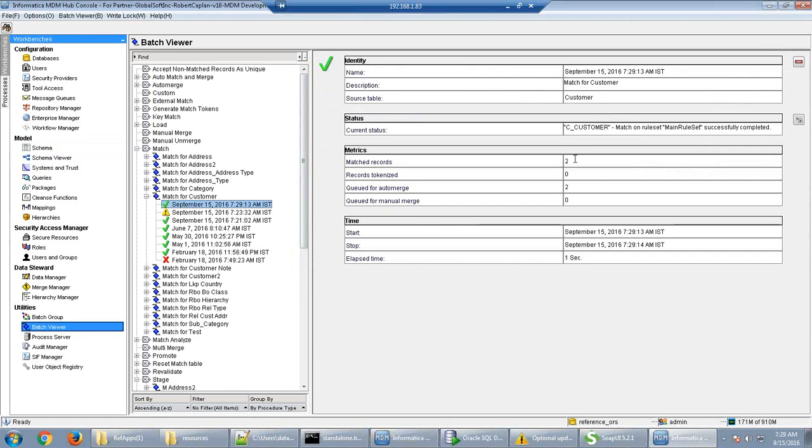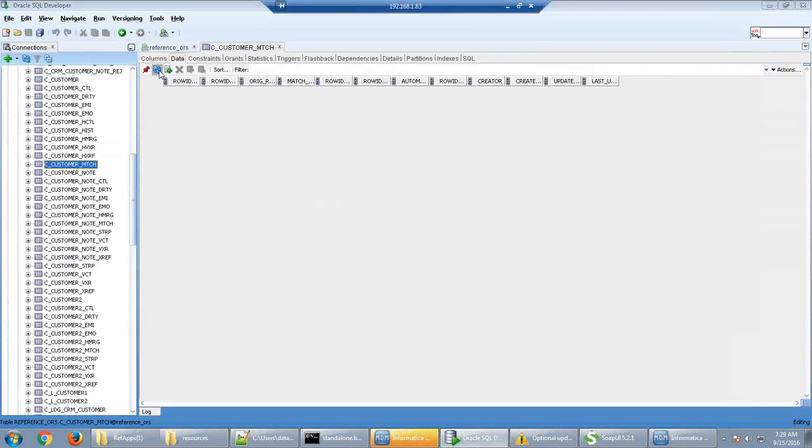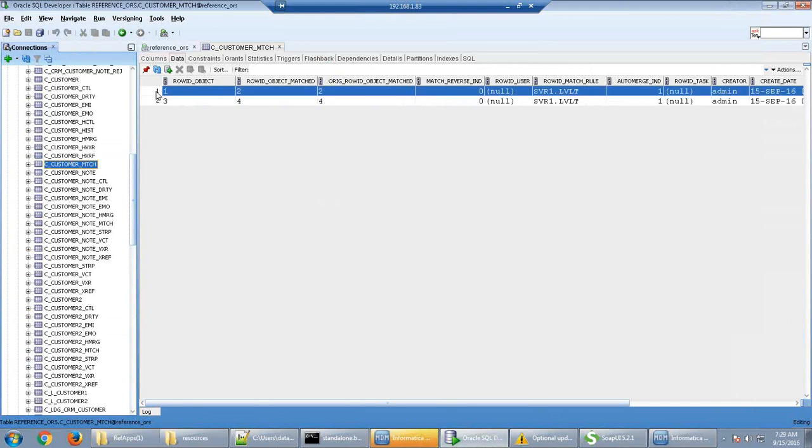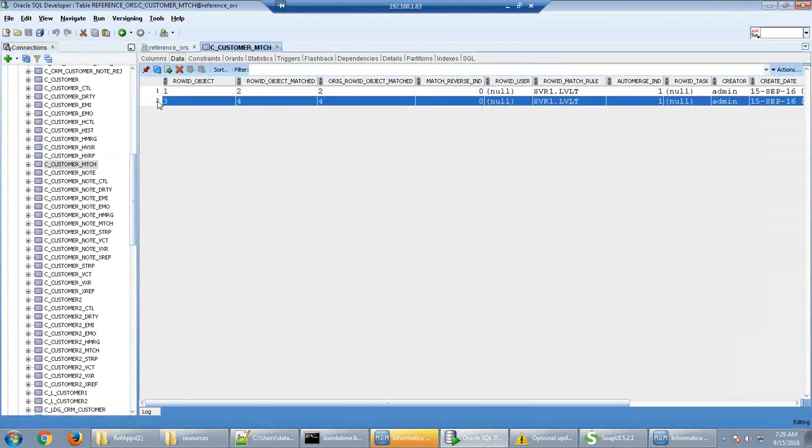This time it is showing that matched records is 2. So 2 records are getting matched, and we can go and check again in the tables which records are matched. Previously we had only one record where 1 was matching with 2. Now we have 3 matching with 4. One more thing about the match table: 3 matching with 4 is basically the null part, because the last name was null for the third and fourth records. So now that is also getting matched here.